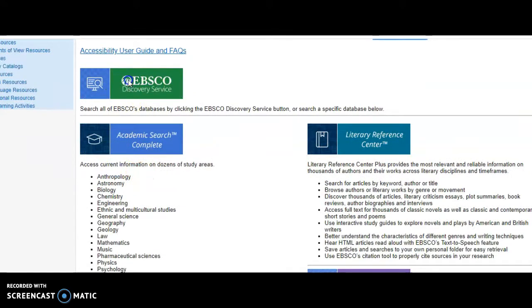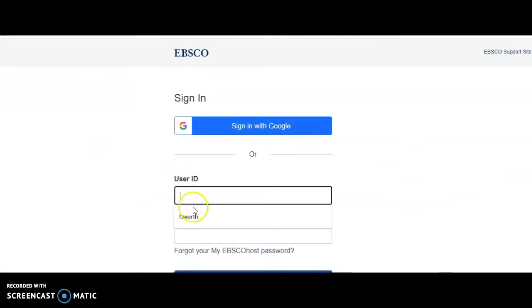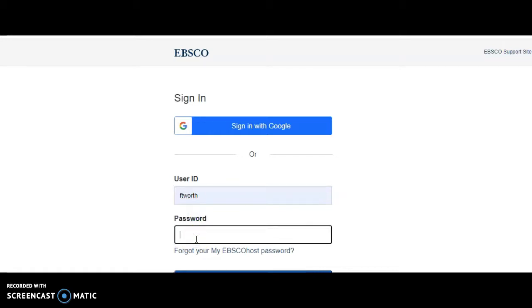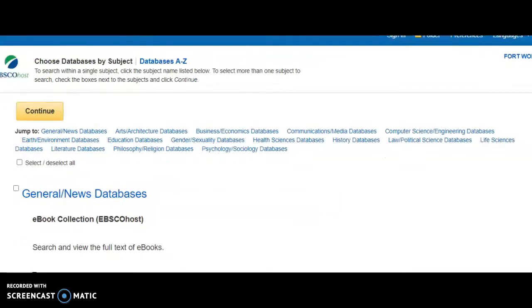Okay, so I'm going to go ahead and show you how EBSCO works. So EBSCO is absolutely wonderful. You'll love the fact that you have access to all of this. So again, this is FWISD20 exclamation mark only. Okay, so I'm going to sign in. And this way, again, with your research, you will not have to worry about your articles being blocked. But I want to show you first, here are all of the different databases, so if you're just doing arts and architecture, if you're doing business and economics,